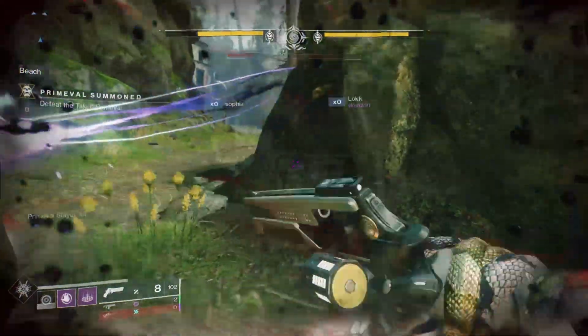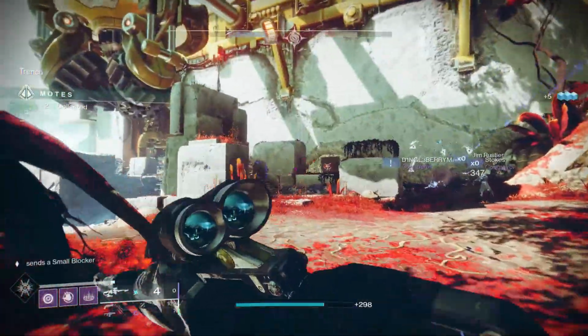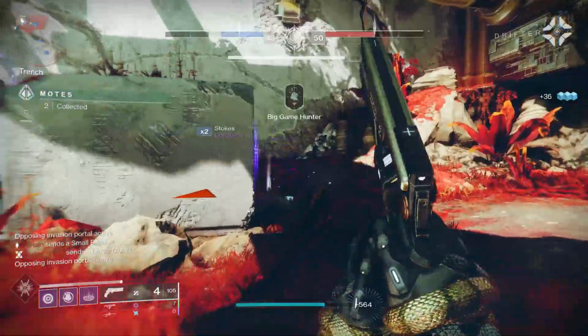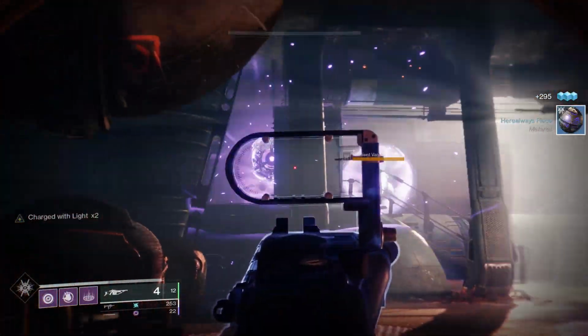So if we just took the whole weapon class and increased the damage just a little bit, would it help matters? I mean, yeah, it obviously wouldn't hurt its cause. Would it be enough to unseat some of the more heavily used heavy weapons? That's hard to say. But what if we rounded up all the linear fusion rifles and changed them to use